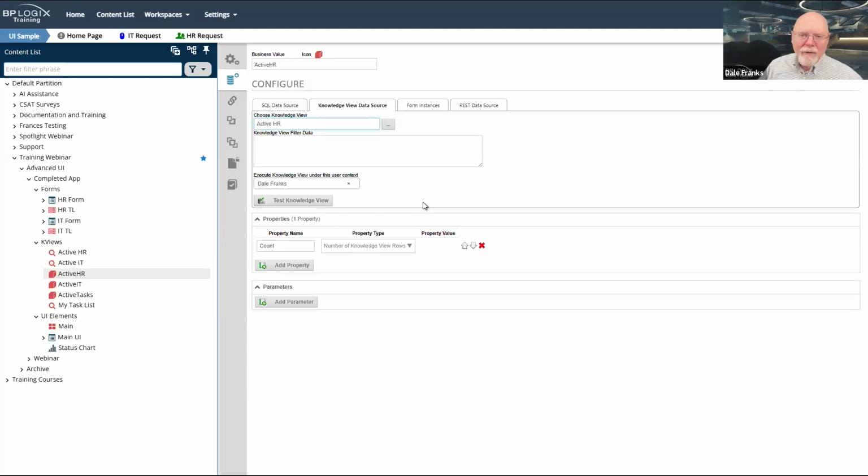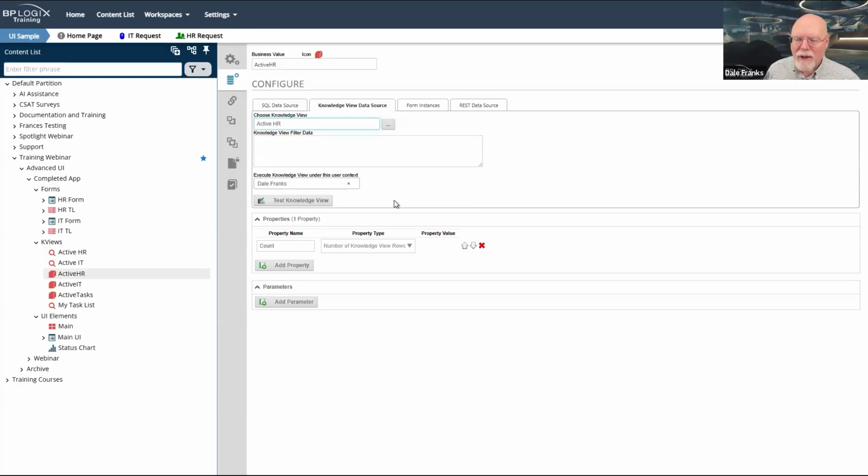That way, if I have knowledge views that my end users technically aren't allowed to look at, but I want to pull some sort of data from those knowledge views, in this case, the total number of rows in the knowledge view, I can do that. I can run the knowledge view and retrieve that data as if I was doing it, even if the end user has no access to that knowledge view at all, doesn't even have view access, so can never directly look at it. So that is standard for all knowledge view type business values.